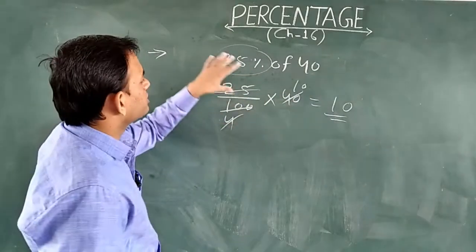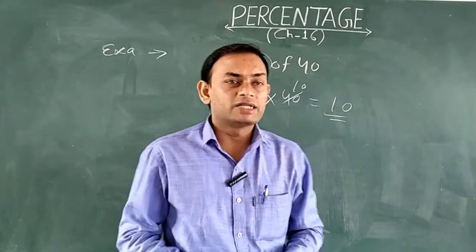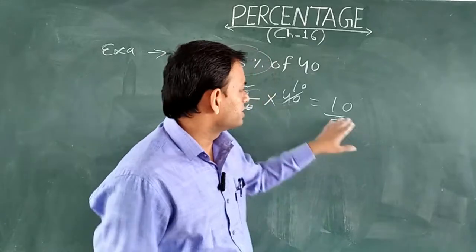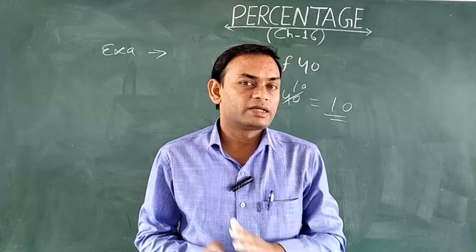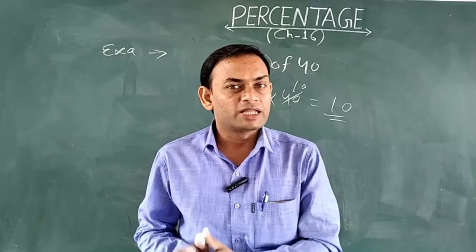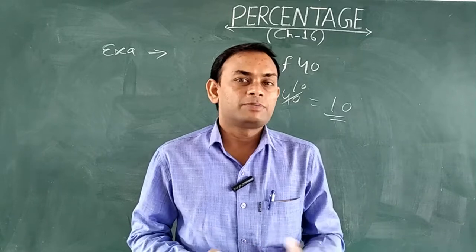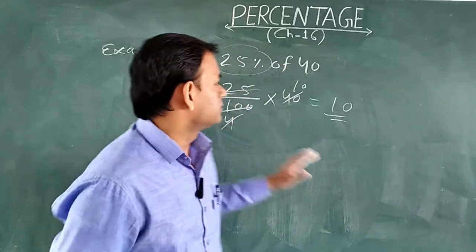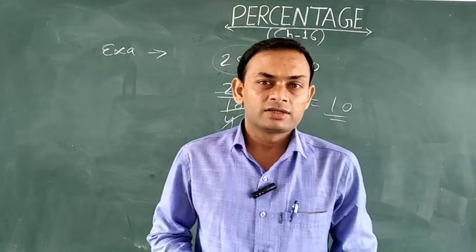Suppose you have got 25%. There is a test of 40 marks and you have got 25%. So what is the value? So that is 10 marks. There are only two types of questions in percentage. If the value is given, then percentage will be asked, and if the percentage is given, then value will be asked. Okay, so these were some things which I told you, and you will just do practice at your home,